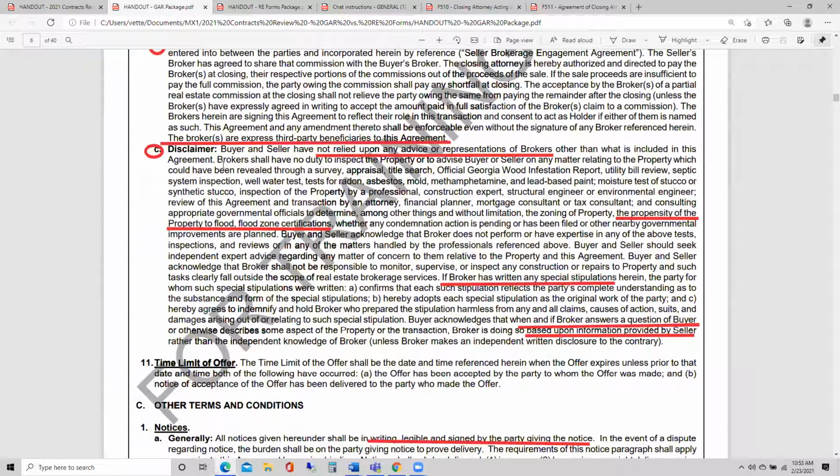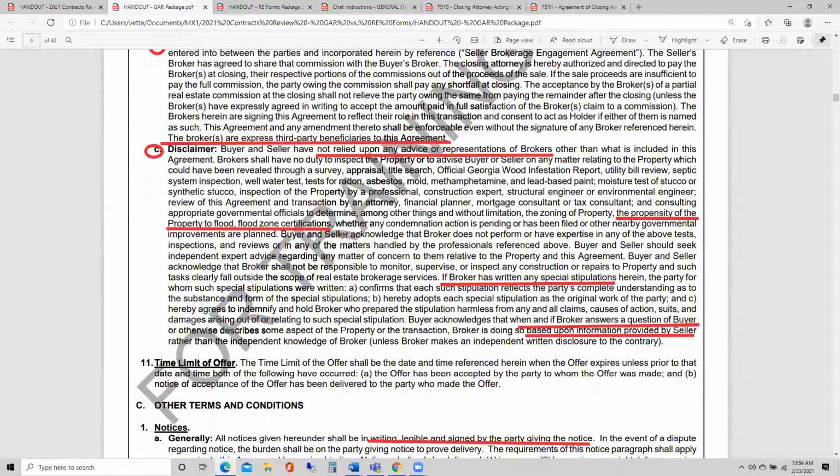It does say that the broker also has no duty to inspect the property or advise the buyer and the seller on any of these matters. New for 2021, GAR has added that it is also the buyer's responsibility to check out that, guess what, this property may have a propensity to flood. You need to check if it's in a flood zone and if you're going to need additional flood insurance for your hazard insurance. Even though the seller has not had to pay it, the flood zones change or a